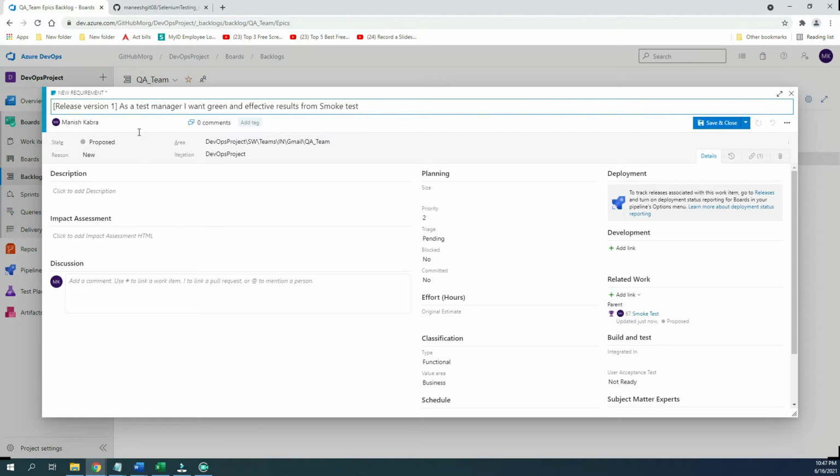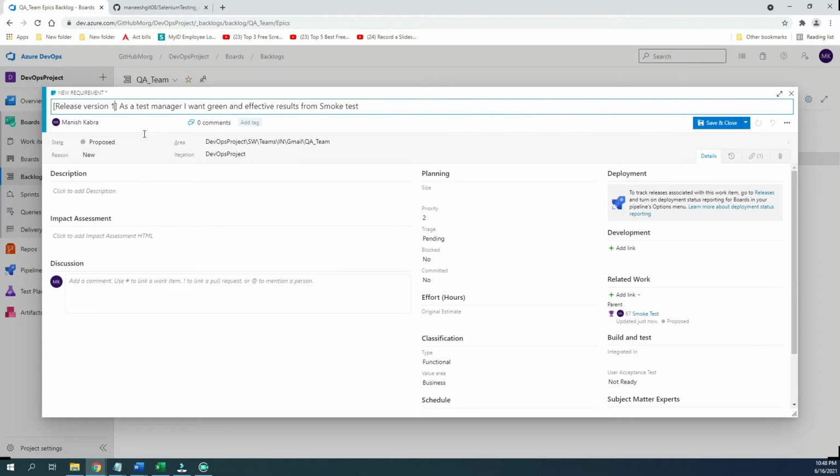For one project you can have multiple release versions. It's my first project and I'm starting from zero, so I'm writing release version 1. But after 6 months, let's say you have a delivery and you want to close this release version, you can start your new requirement with release version 2. So it will be easy to understand which release version the requirements you have picked up belong to. The release version will be defined at the requirement level, not on the epic level.